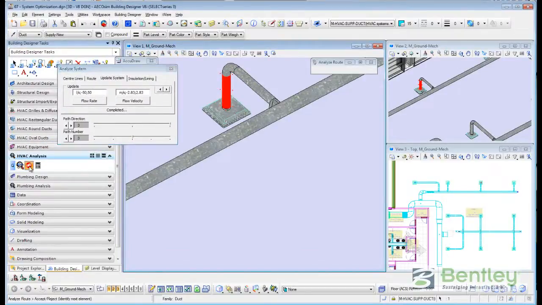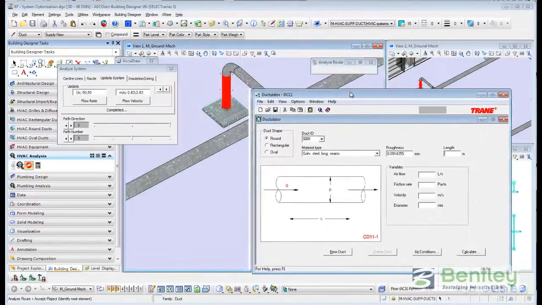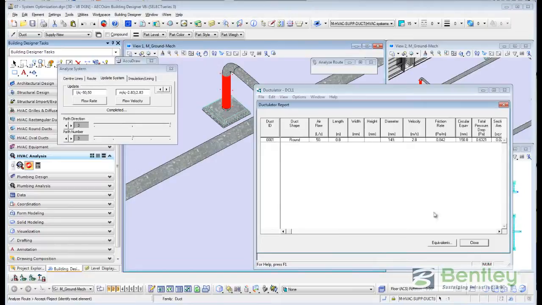So the Duct Calculator tool allows us to introduce or define the values of the data. So we know the material, we know the length, that is 0.75. We know the airflow, that is 50 liters per second. And we know the velocity, that is 2.83. With these values, we can calculate. And the system will tell us which is the diameter needed for this duct. Okay. So right now the diameter is